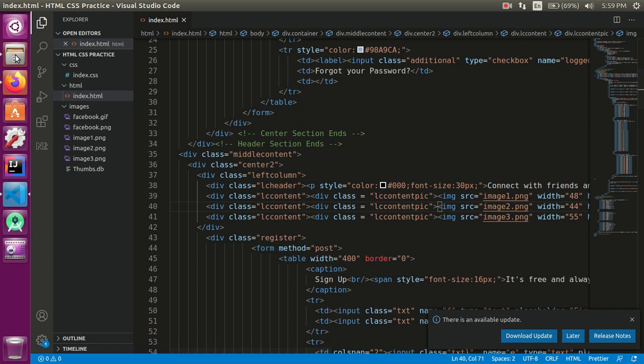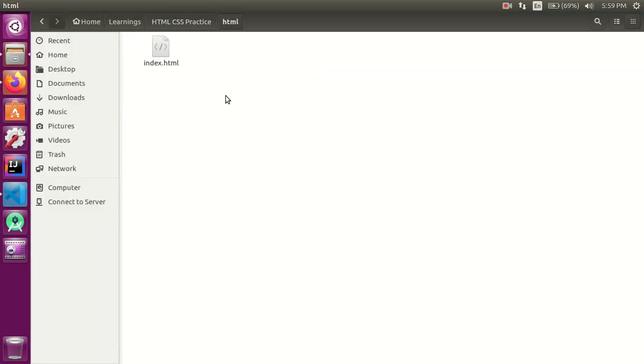But see, with the HTML file there is no other file. So if the image files were in the HTML folder, that path would have been good enough, but that is not the case. Now how do we give the path? This is the place where most beginners make mistakes. So what I do when I am stuck in such a situation is find the resource via Explorer. See, we are in the HTML folder at present.